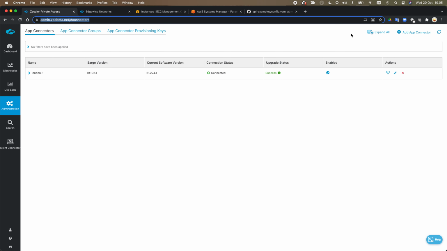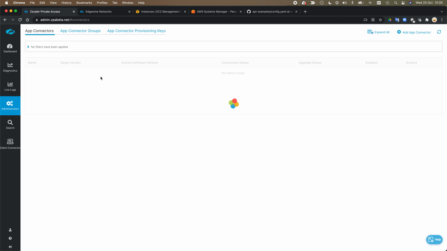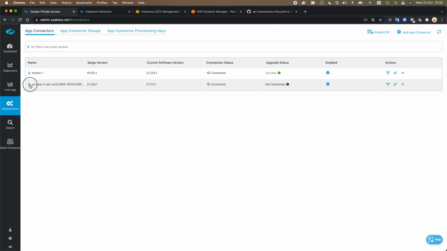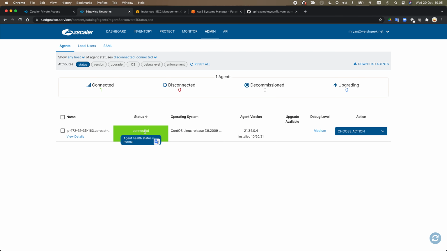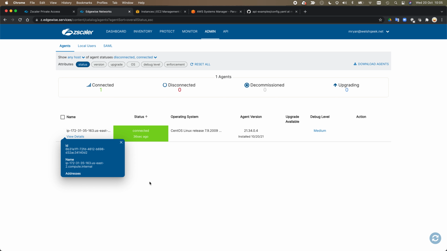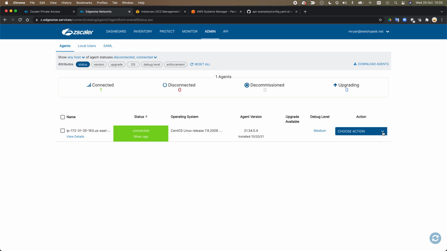And in Private Access, if we refresh this, we've now connected our agent. So we can view the details on this node. And we're all up and running. We can now start adding that to groups and starting to segment the traffic that passes through this Linux instance. And of course, I've run it on this Linux instance, which happens to be my app connector,